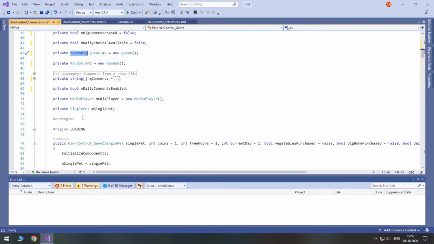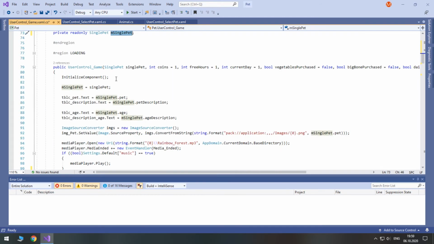and also comments, and also our media player and our single pet. So for example, single pet, we set it in the constructor. This is the only place where we set the single pet instance.